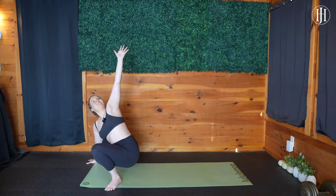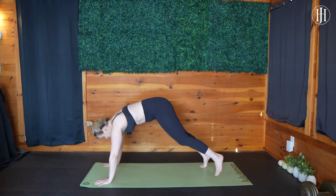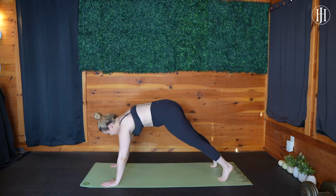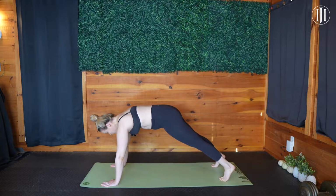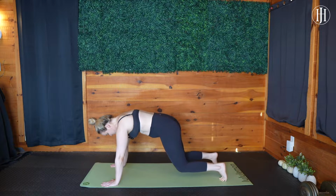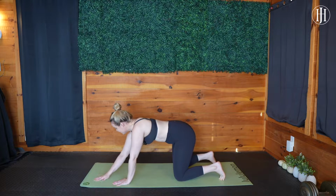Inhale here. Exhale, coming back through center, placing both palms down, stepping back to your high plank, and we land here for a moment. Take a breath in. Take a breath out. Dropping down to the knees stack underneath the hips, wrists underneath the shoulders, couple cycles of